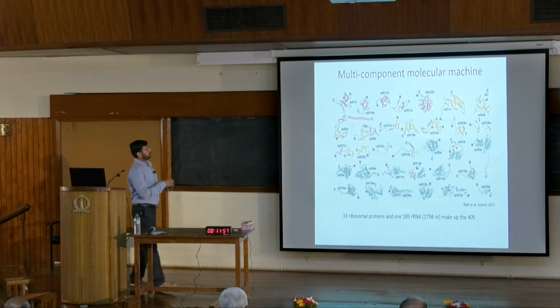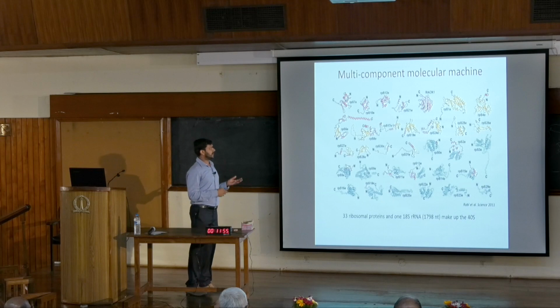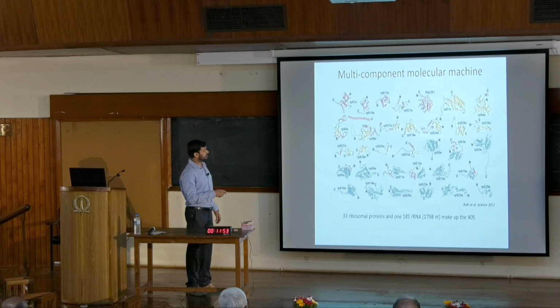Now, this 40S is actually composed of multiple components. Here all the 33 polypeptide chains are shown in the individual structures. Now, what we have to appreciate is that all these different polypeptide molecules come together along with one rRNA moiety, which is about 1800 nucleotides long, to form this